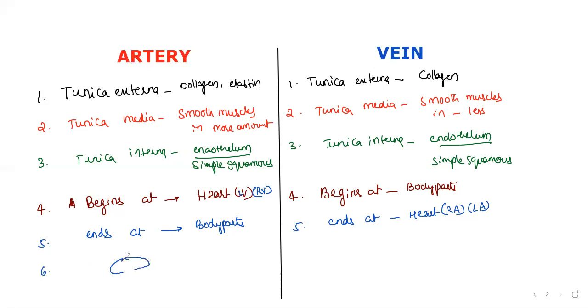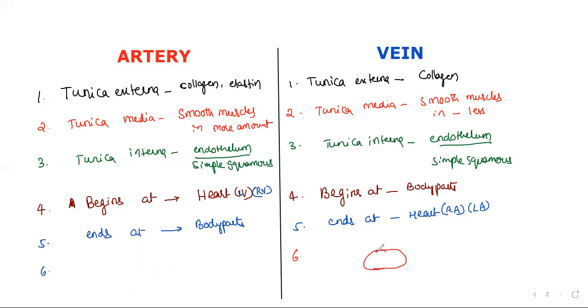Okay, so there are two atria. Who ends in the right atria? Vena cava, superior vena cava and inferior vena cava. Next, who ends in the left atria? Pulmonary vein. That's it. Both atria receive veins only, but actually we made a small mistake. We did this in artery. Let me do it here.